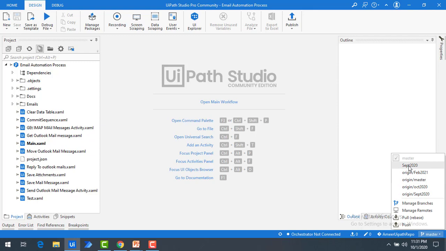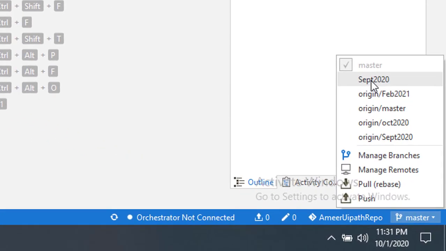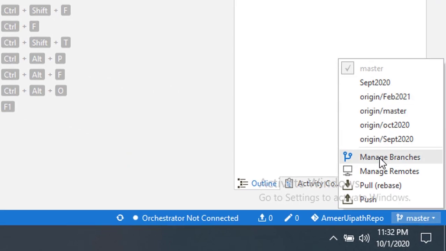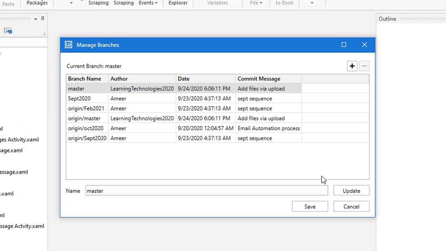All right. Now, how can I go ahead and create a new branch from any existing branch? Go to manage branches, and there you will find a plus symbol to create a new branch. If I want to create it from master or from any other branch, before that you need to select that branch, and then click on the plus icon. Now I'm going to select the master branch over here, and then click on the plus symbol.